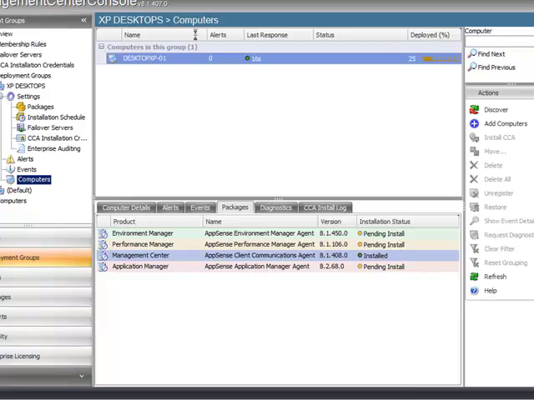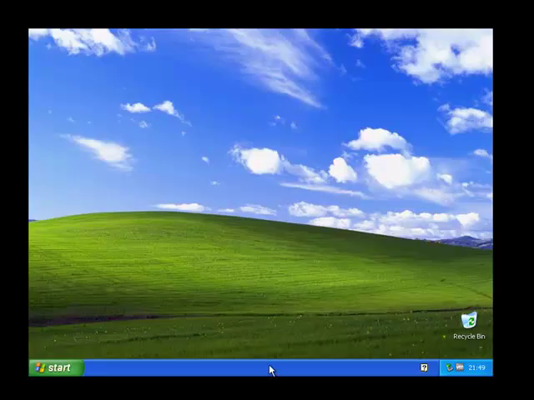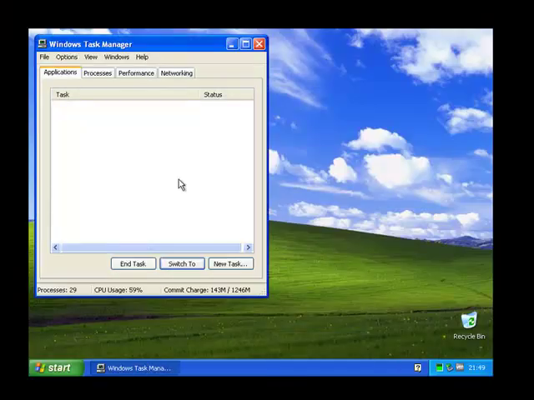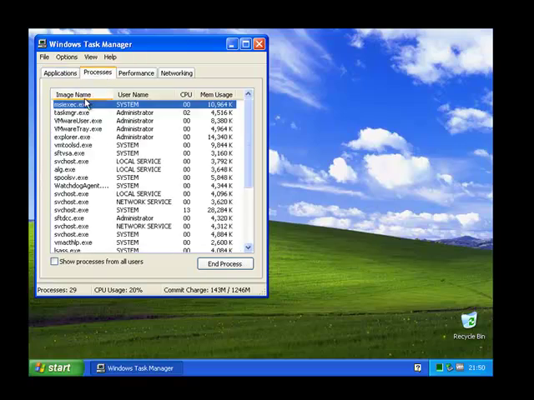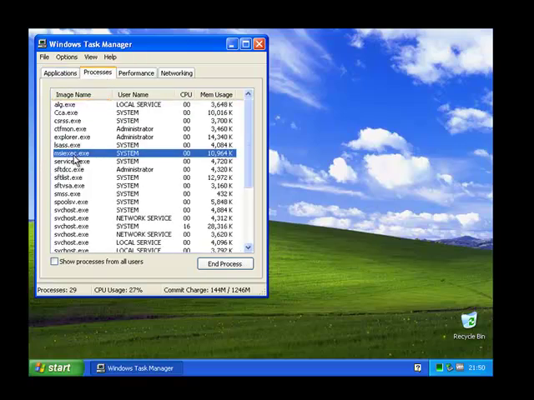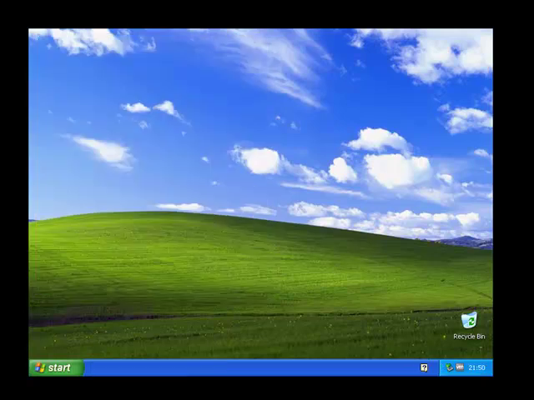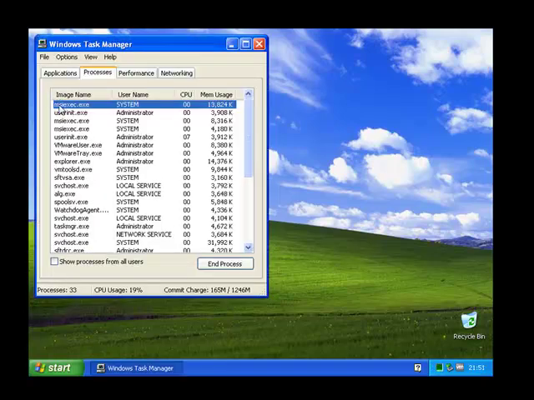If we go back to our XP machine and actually do a Task Manager, you should be able to see the MSI execs running on the machine, and there we have one that's running there. So this may take up to about 10 minutes to install all of these, so I'm going to pause the video, wait for that to install, and we should see that our XP desktop machine will install those services and then start the reboot process. So I'm just going to pause the video and wait for that to happen. As you can see, MSI execs are still running, but while this is happening, we're going to configure the rest